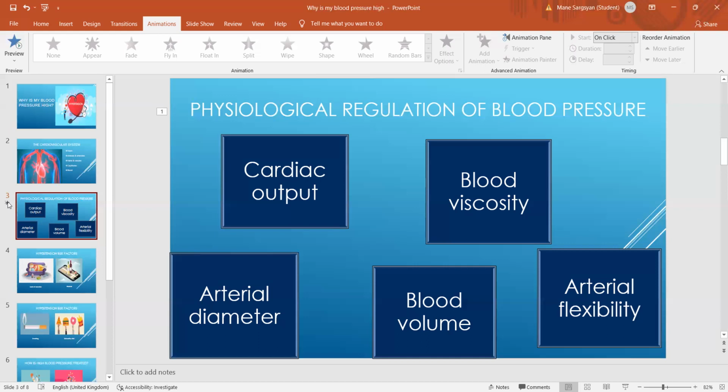Our heart is constantly beating and relaxing, and when the heart beats, the pressure generated on our arteries is called systolic blood pressure, whereas when the heart relaxes, the pressure produced by the blood on the arteries is called diastolic blood pressure. In a healthy person, systolic blood pressure is below 120 millimeters of mercury, and diastolic pressure is lower than 80 millimeters of mercury.